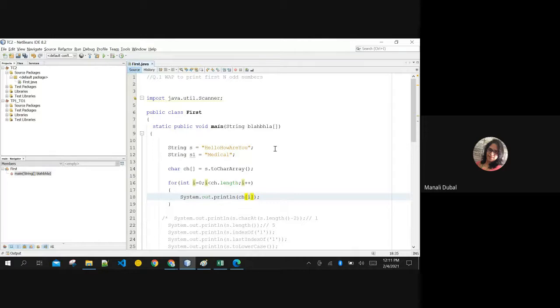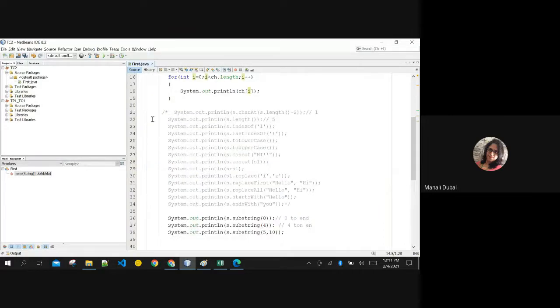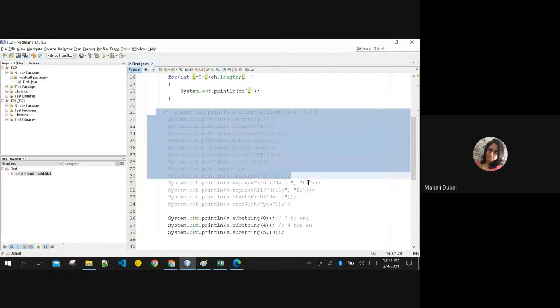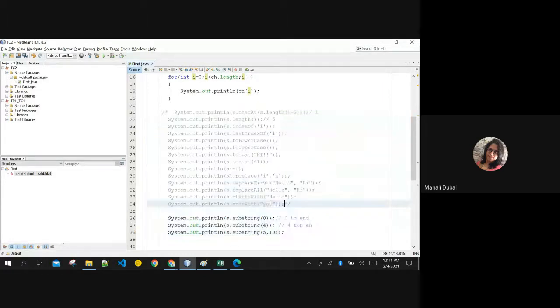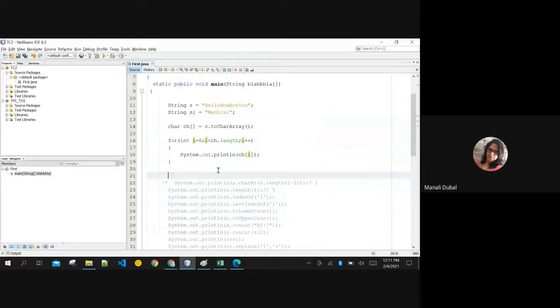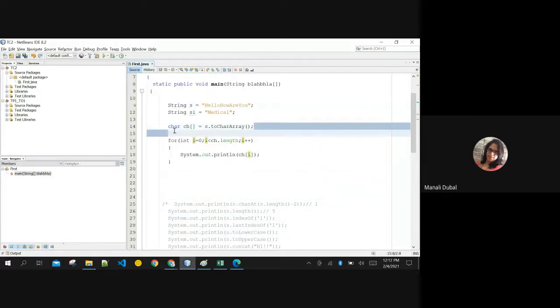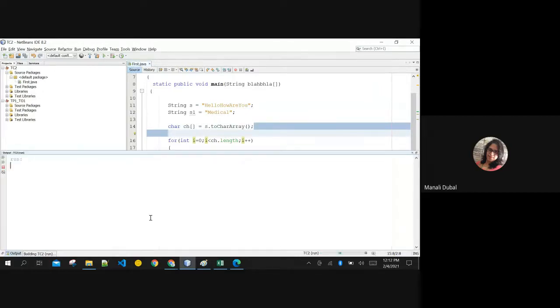If I'm converting any string into a character array, I have the greatest power in my hand. Why? I can manipulate this string in whichever way I want, not with the limitations of these functions. They can only replace and do this and that. Some of these functions are useless also. If you have the power to convert this string to an array, you can manipulate this array. See, I'll print it for you. You will see the output.